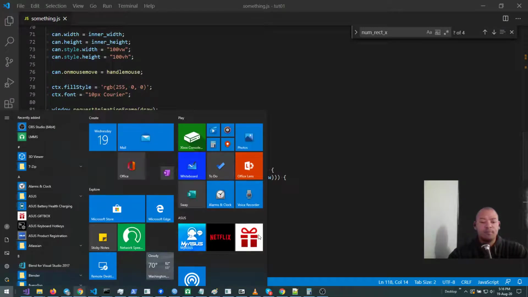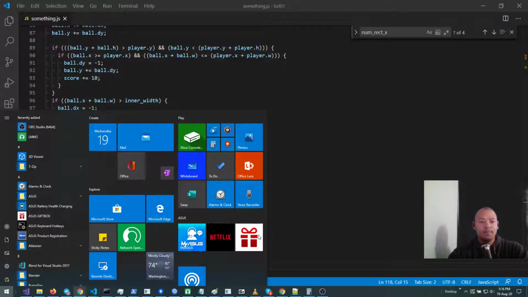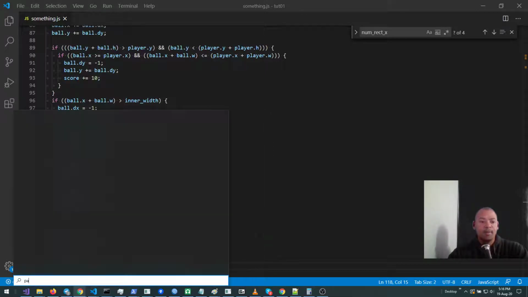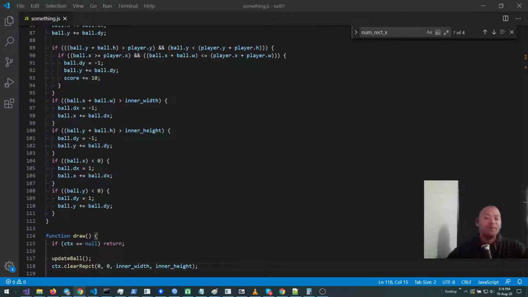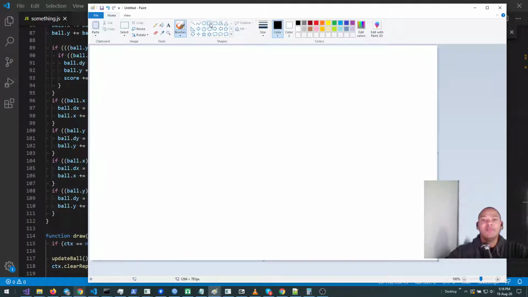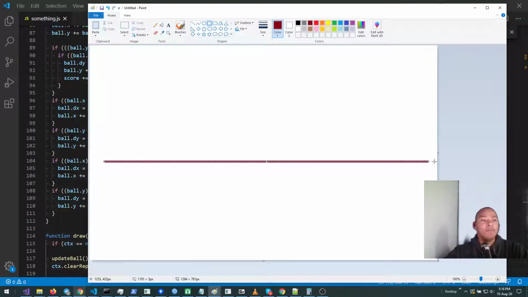Let's just get Paint. Yeah, there we go. I probably have Paint open, but I just say, screw it, let's open a brand new one. So this is a solved problem in software development. There's something called axis-aligned bounding boxes. So for instance, if you are trying to collision detect against a plane, what you would do is you would say,